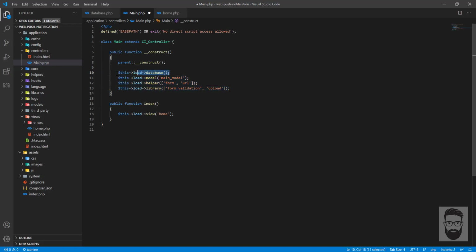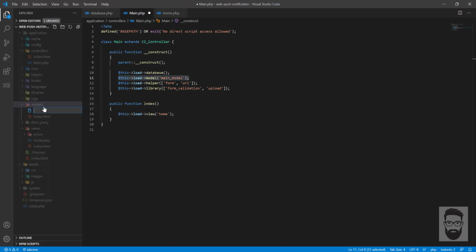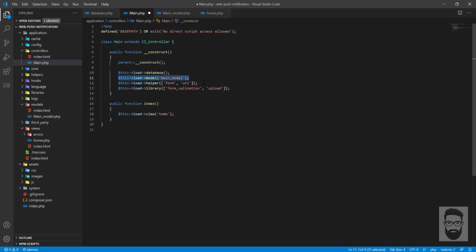This is the database library we want, and the main model which we have to create in the models directory by clicking new main underscore model dot php, and you'll work on that later. The two helpers are form and URL, and the libraries we want to use are form validation and upload. So this is a constructor design only,